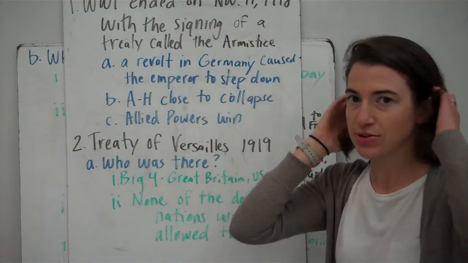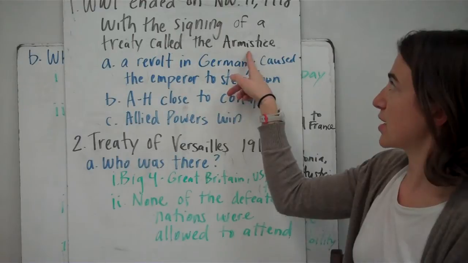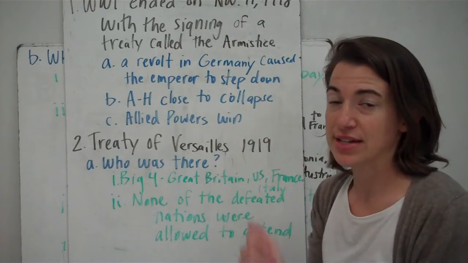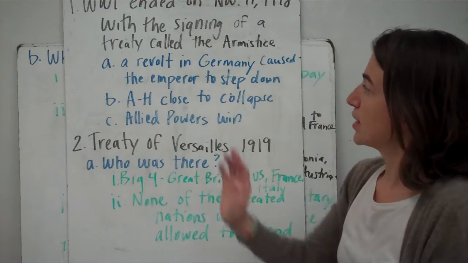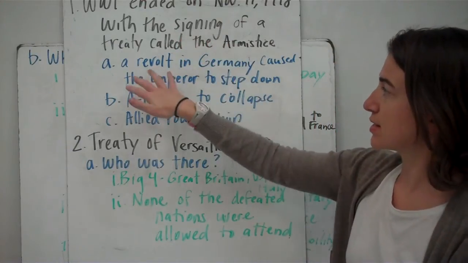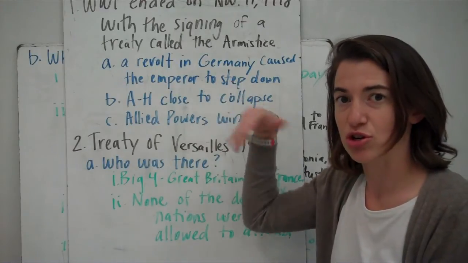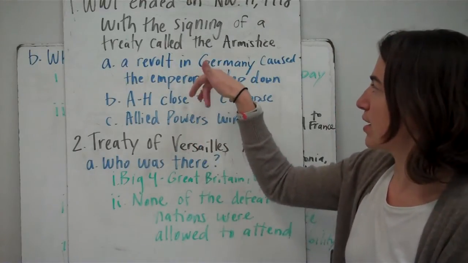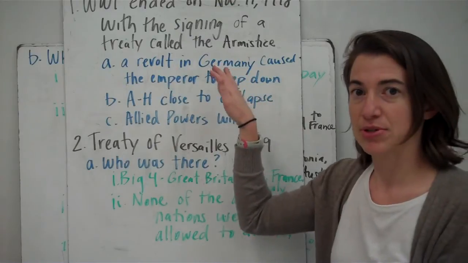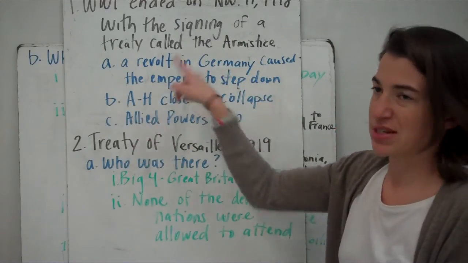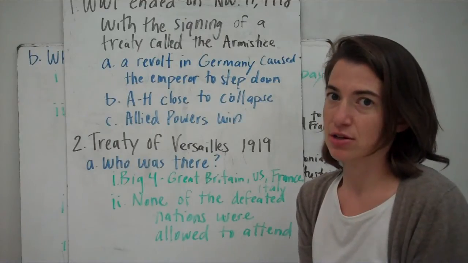Armistice. And if you remember from Veterans Day, this armistice was signed on the 11th day of the 11th month at the 11th hour, and that's the day we now celebrate Veterans Day. It was signed because a revolt in Germany caused the emperor to step down. So Germany is no longer a strong power, so they don't have anyone to really represent them or to continue the fighting, because the emperor is down, because the people in Germany didn't like the way he was taking the